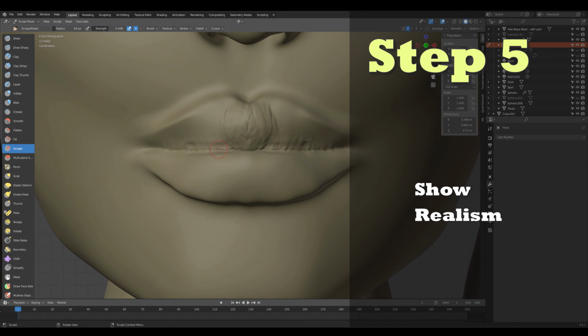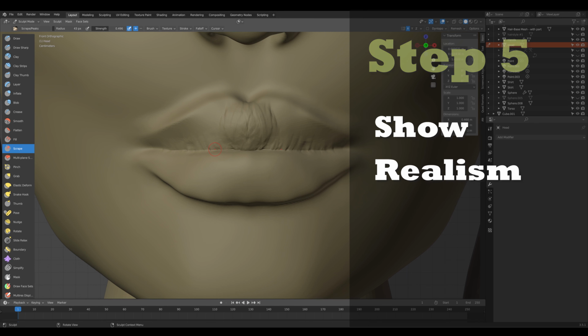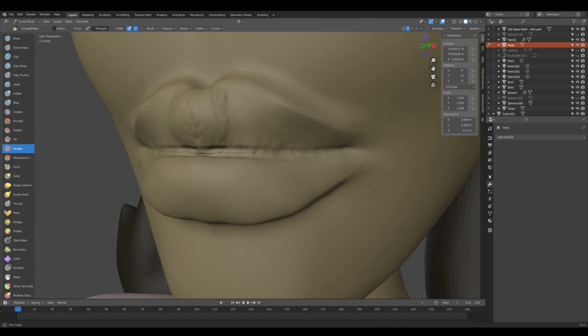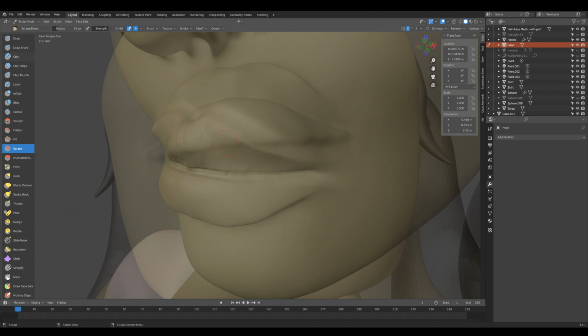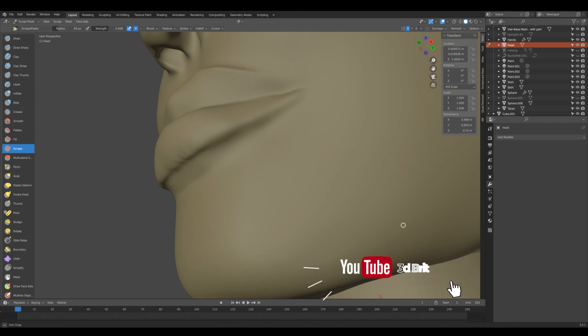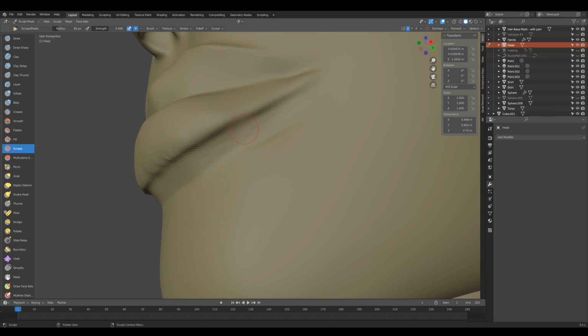All right, so last and final step, step 5, we're gonna use the scrape brush. And with this selected, we are going to be working on the corners of the mouth of both the bottom and the top lip. So what this will do is draw out the middle of the lips a little more, making them look a little more plump. Plus also, if you'll notice, bottom and top lips are not rounded all across, right? So at the corners, it's more flattened. So we're gonna add that little bit of definition, and then we're done with step 5.